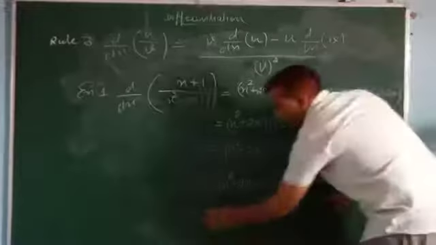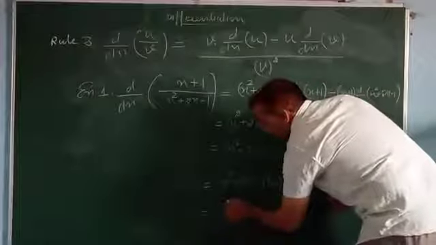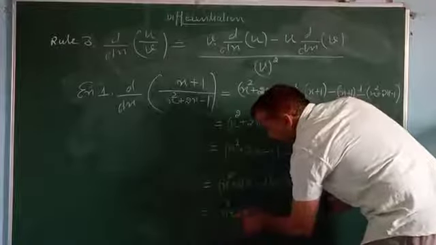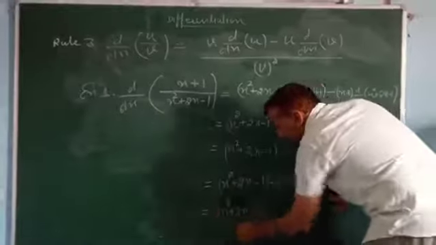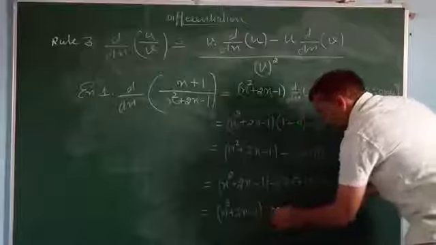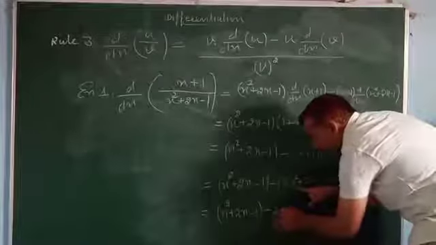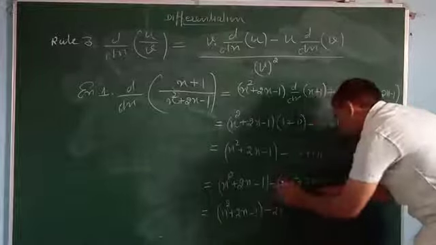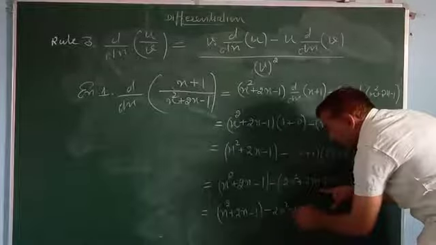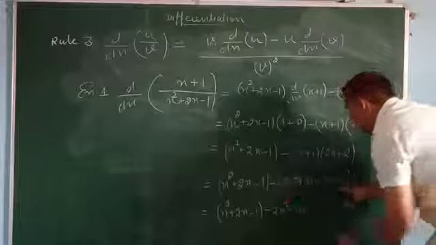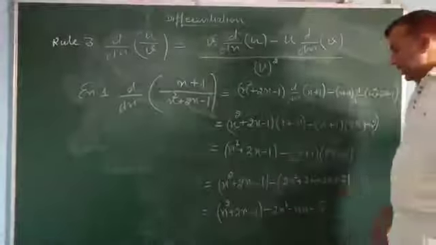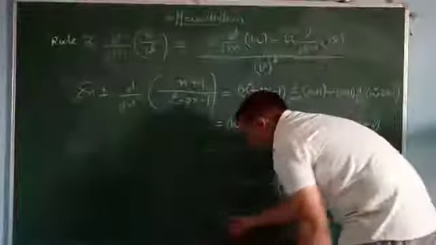So this will be equal to x square plus 2x minus 1 minus 2x square minus 4x minus 2, and this will be equal to, here x square is positive and